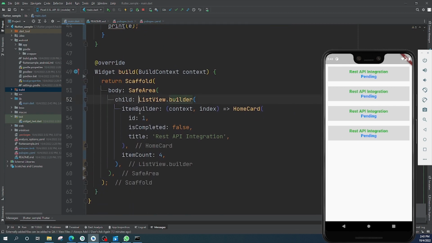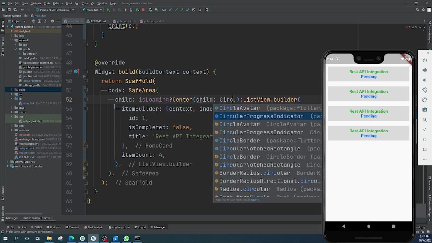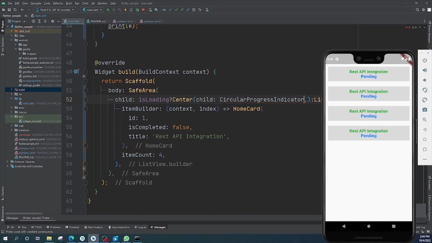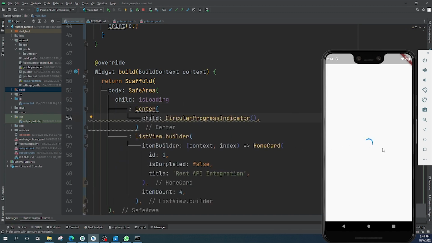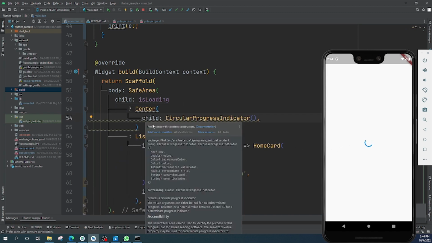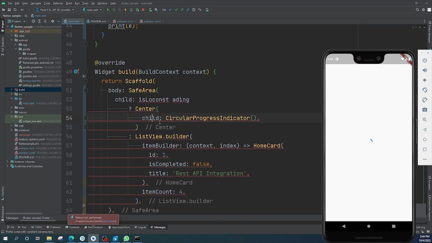So here like this, center, child circular progress bar, like this, so it will display the circular progress indicator. Okay, now okay, let